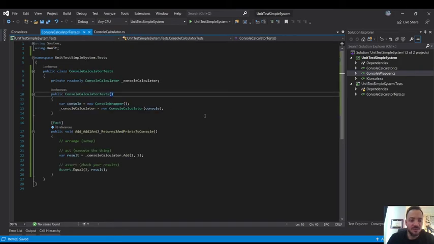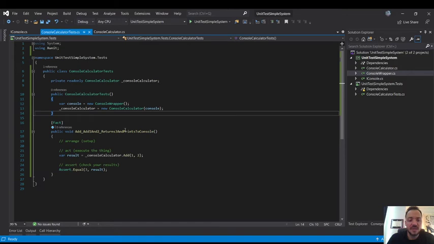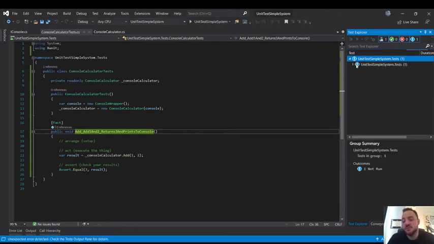Here's an interesting example. I'm going to run this test. I think it should pass because we know that 1 plus 2 is 3. If I jump back to here, 1 plus 2 is 3, and it goes into result. We're returning result. This test will pass because it's not actually checking prints to console. So I can right click on this, run the test, and if I jump over to my test explorer, you can see, because I have the xUnit test runner for Visual Studio, it's a NuGet package, it shows it,